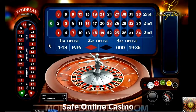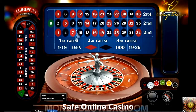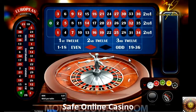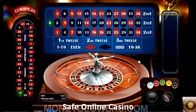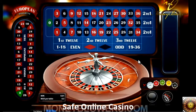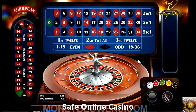There are outside and inside playing fields. The latter include numbers on the table, while the outside ones include the chances like even and odd, red and black, and so on. The numbers are not scattered randomly across the field, they alternate in an orderly fashion, in the same way colors are distributed. You make a bet on any number or a group of numbers, and, depending on this, you get your win